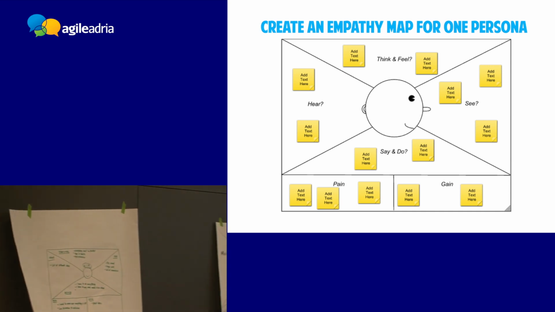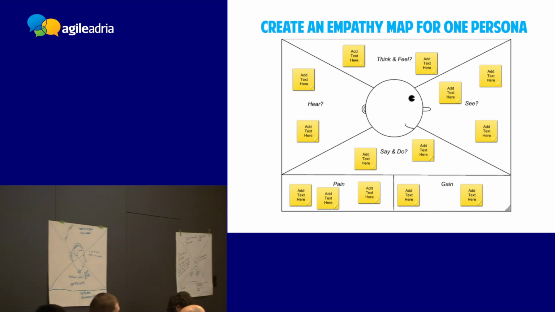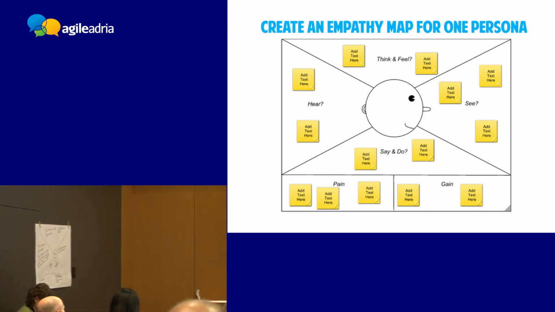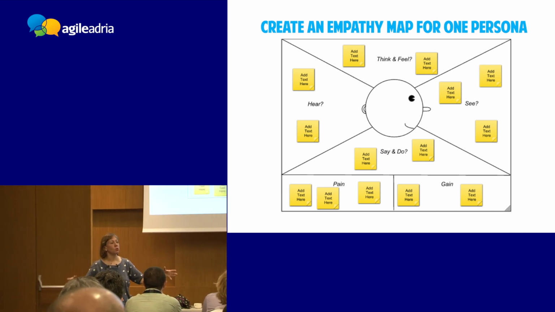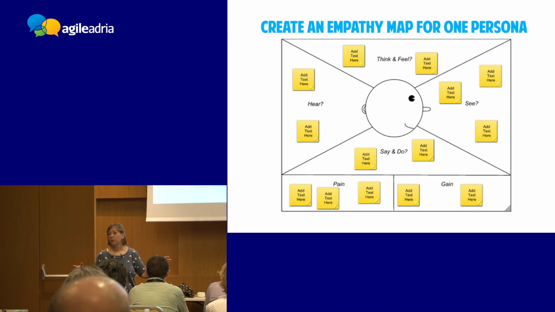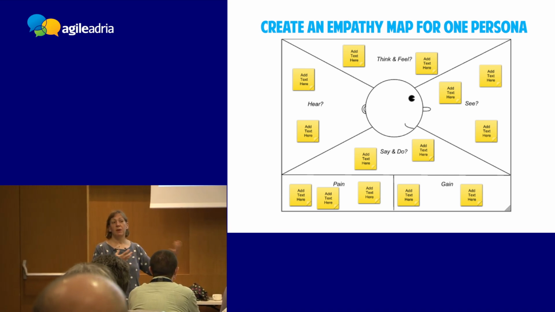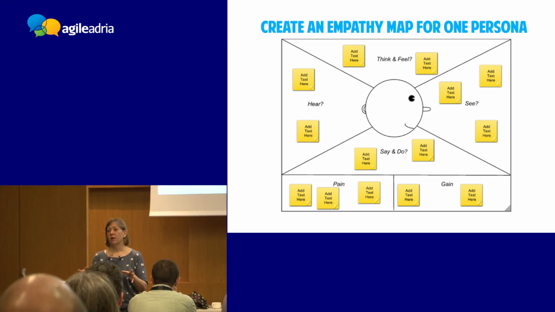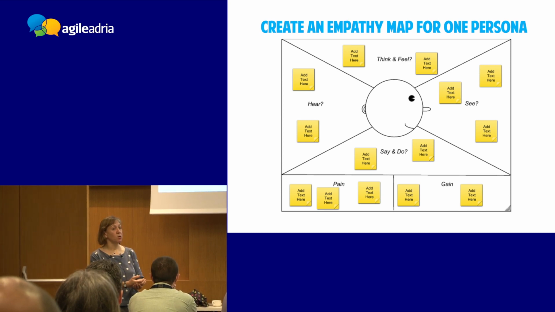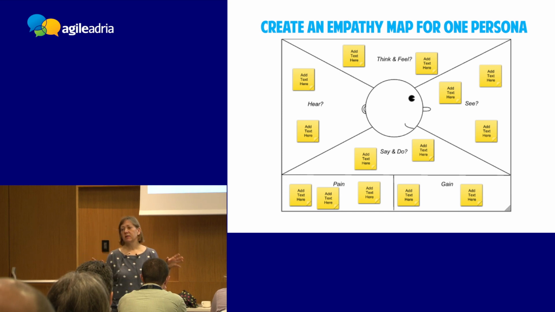Now, to get back to talking about the empathy map, you're thinking about this persona, this person. You're trying to think about them as representing a group of people. There are similar people like them at the event. There are similar people like them using the software. So you're trying to generalize them a bit by thinking about a particular person. You're trying to think about their experience so that you can make the system better. But with these questions,